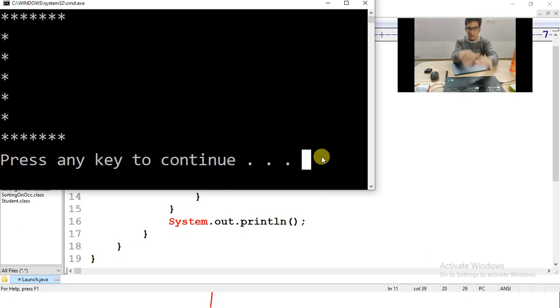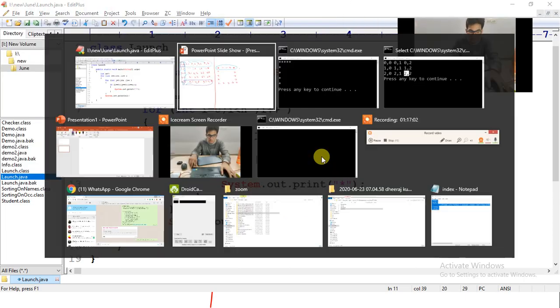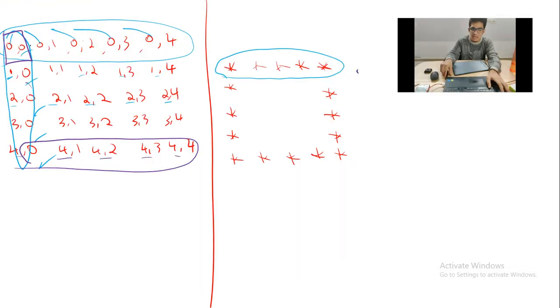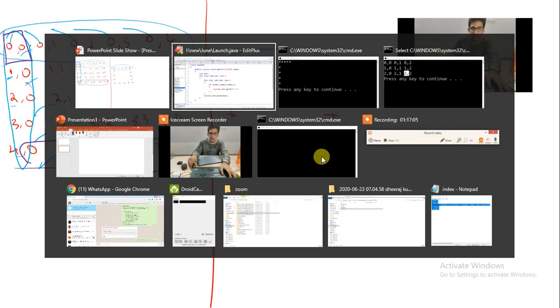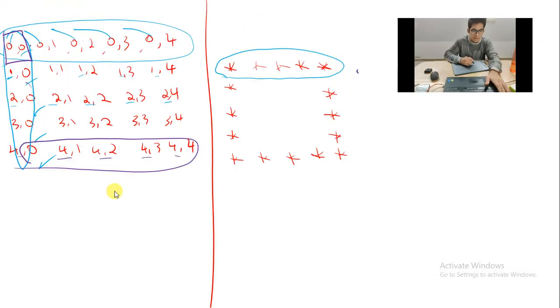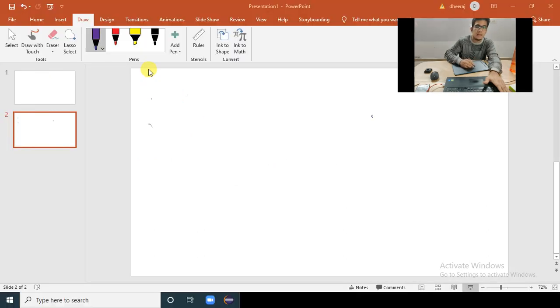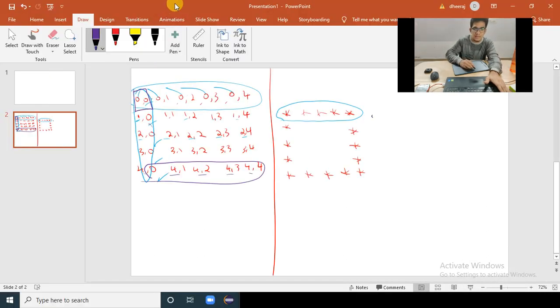Now I know what many of you are thinking, because this is subconscious, you will think like this. What I have to do is, yes, I'll be minimizing this.